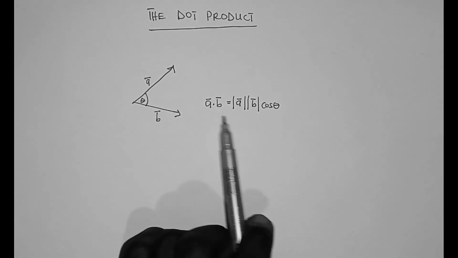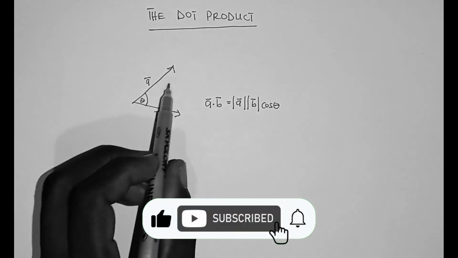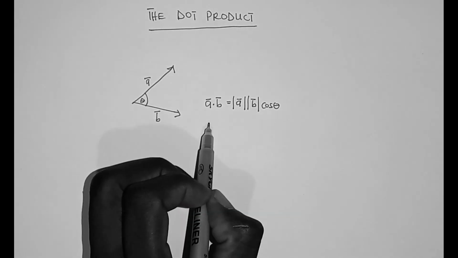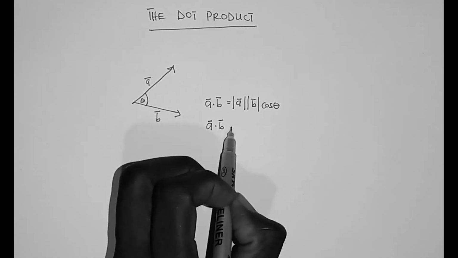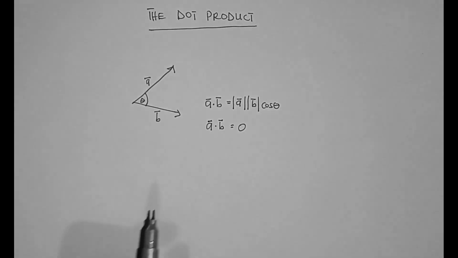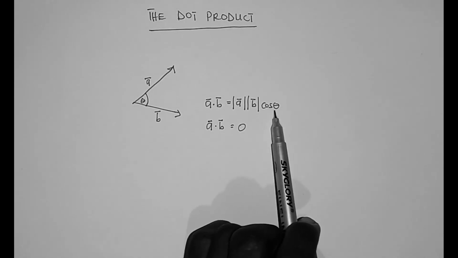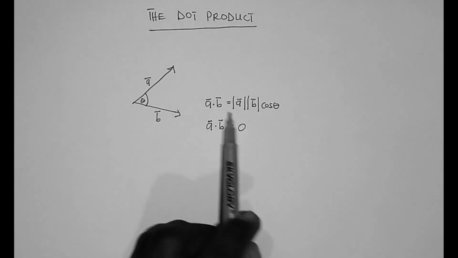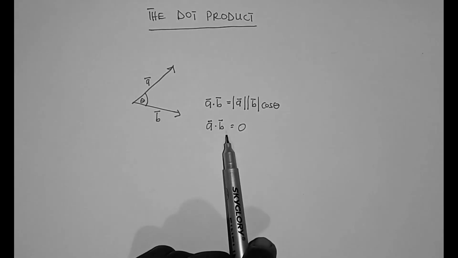For example, when two vectors are at right angles, or when two vectors are perpendicular to each other, then their dot product, which is A dot B, is equal to 0. So that is the reason for the cos theta, which is associated with the multiplication of these two vectors under